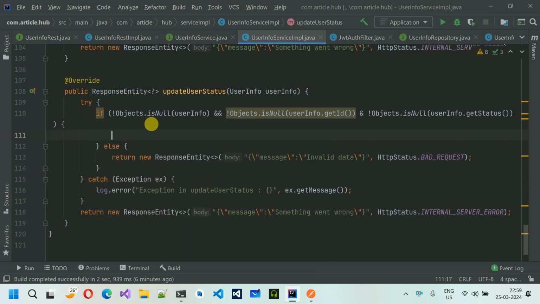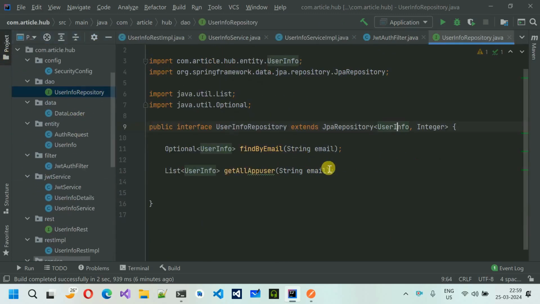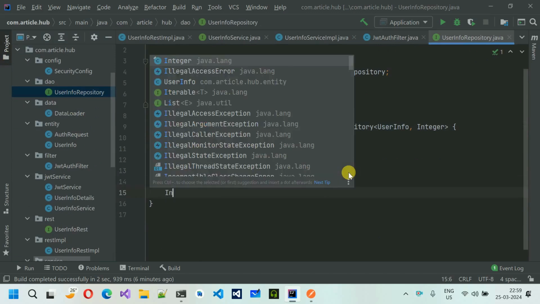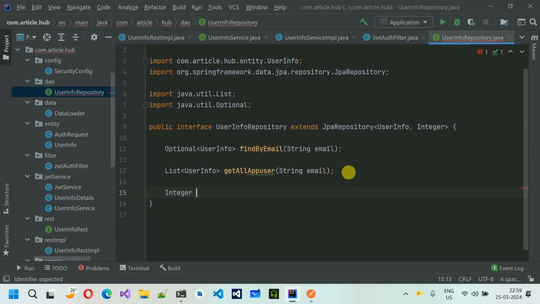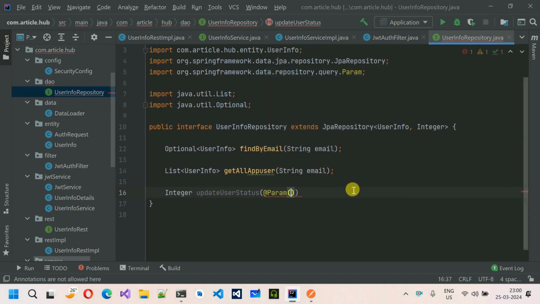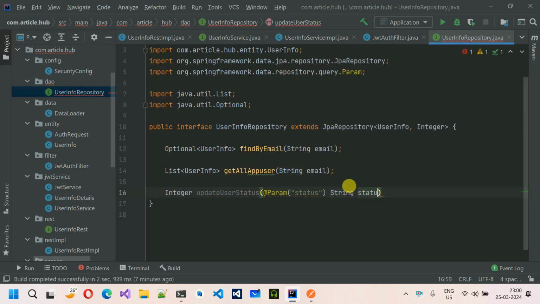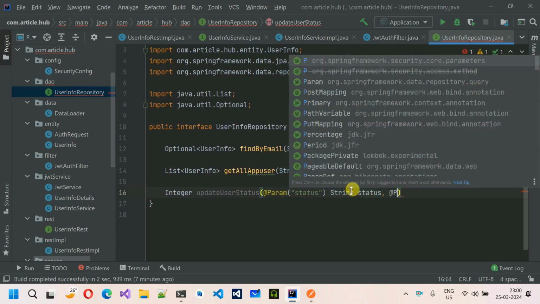So for that, I have to write another query for the same. So let me quickly move back over here, go to this one, that is user info repository, and make some space over here. Okay. So over here, I'm going to write one query that will return an integer that says how many rows are updated. So update user status, and in this one add the @param. I'm going to show you how to use this. Status